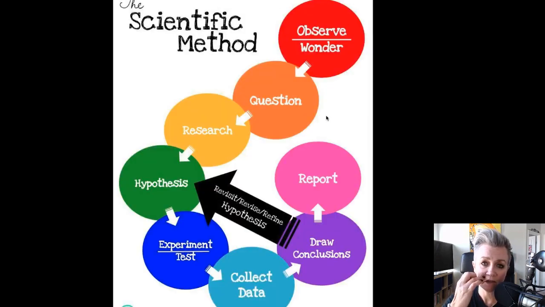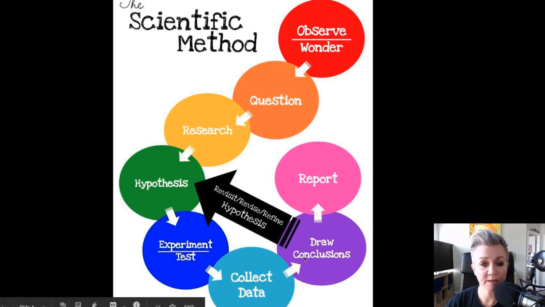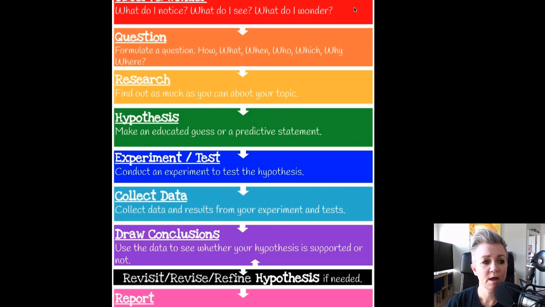I've included a graphic here with the scientific method. I wanted the graphic to look sort of cyclic so that the scientific method can go back into the hypothesis if you need to revisit or revise or refine your hypothesis after you've collected your data and drawn conclusions. So I wanted to make that sort of obvious here. And I've included this graphic as well, which is step by step, also color coordinated with each step. So the observe and wonder step is all going to be red no matter where you look in the notebook,